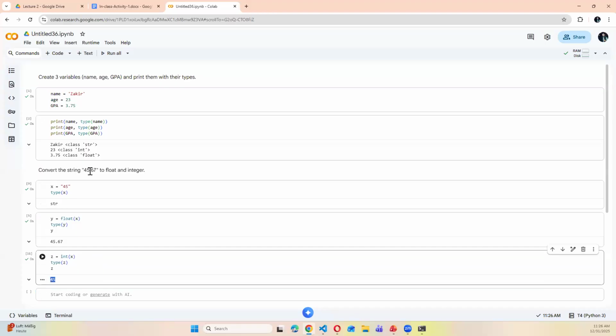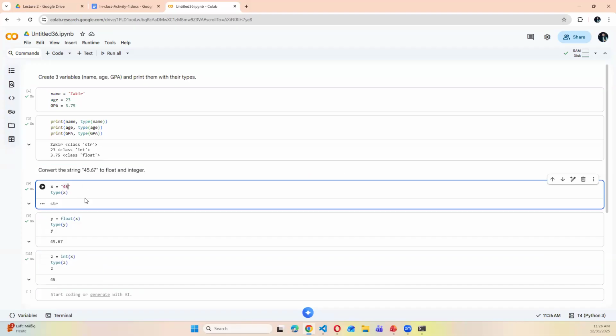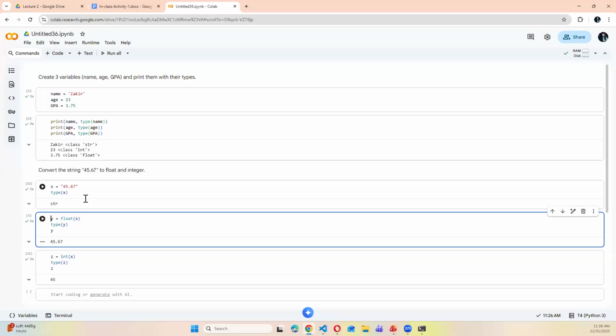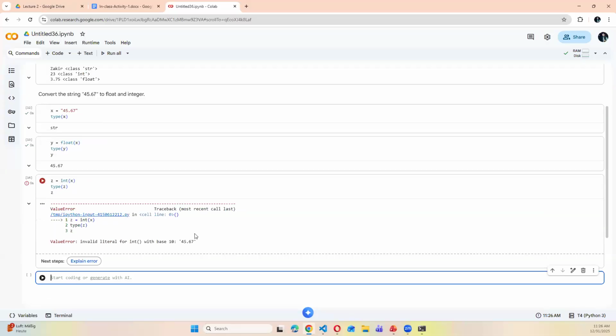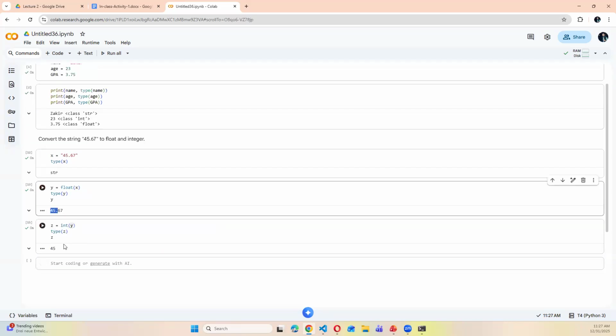But because I have a float number here, if I just run here, now it's giving me an error. It's giving an error because it does not know what to do with this portion, 0.67. So I should say, first of all put it into float as it is, y, and from float, now it's a float, now its integer will give you y as an integer. If I say x, now if I run this one, it will give you 45. Did you understand this one? Was it confusing?